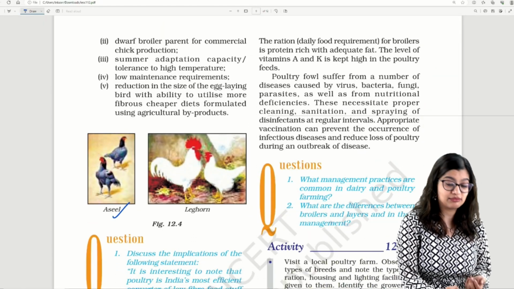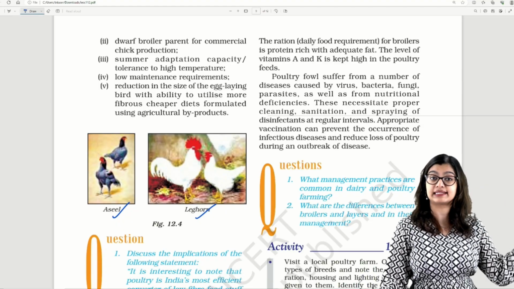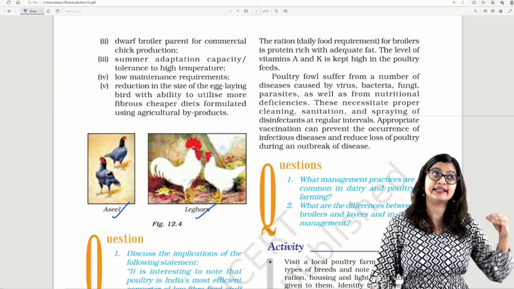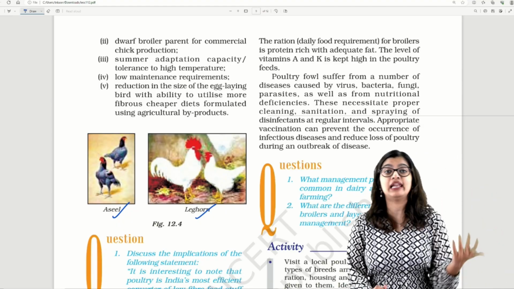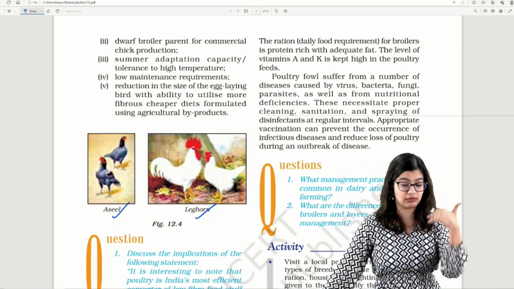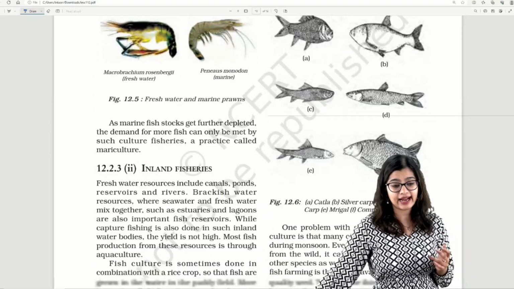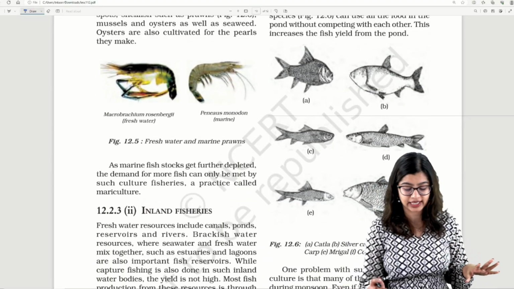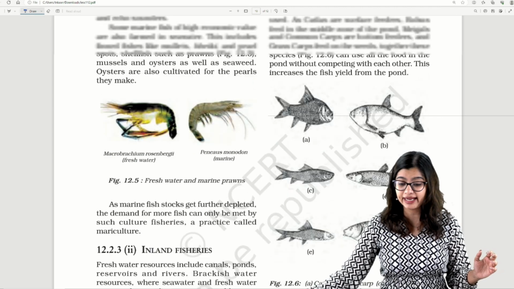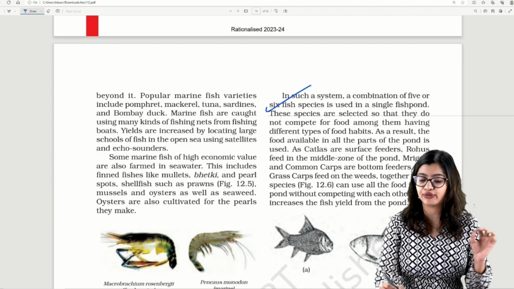And in this case, at times questions based on Asil and Leghorn can come. That is, Asil is an indigenous breed, Leghorn here is a high exotic breed, and how we get hybrid breeds from the same. Then of course, here in this case, if you see under fisheries, mainly this concept of composite